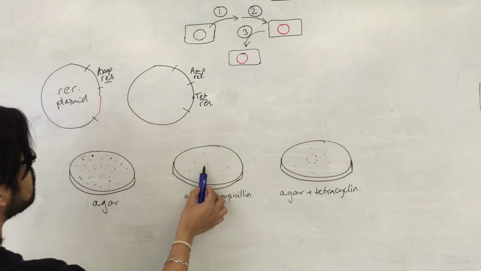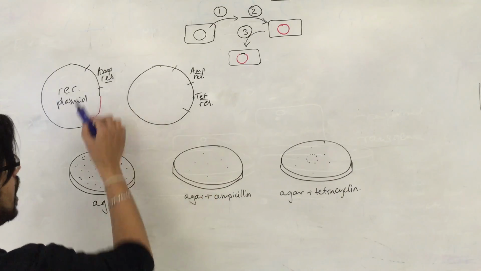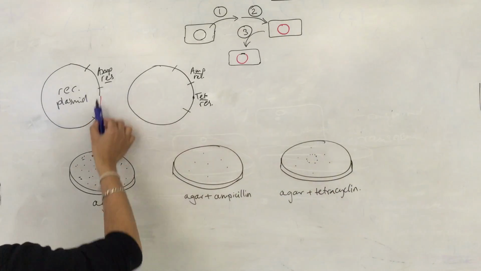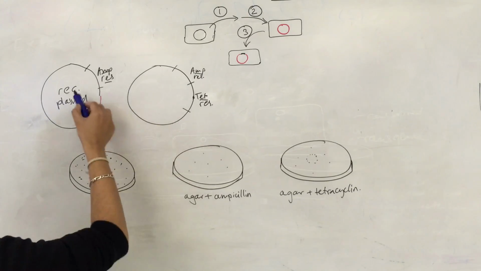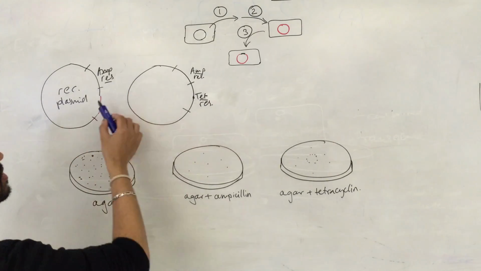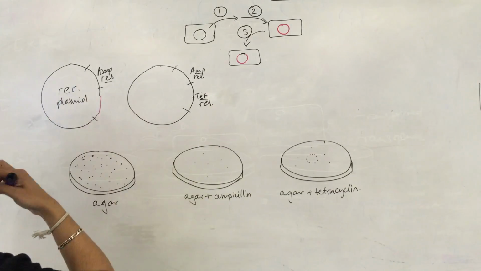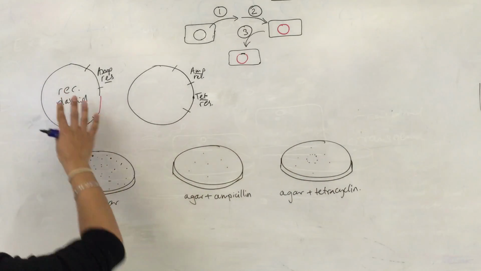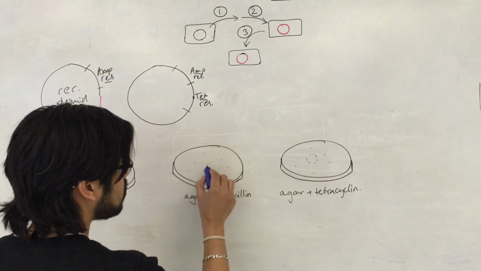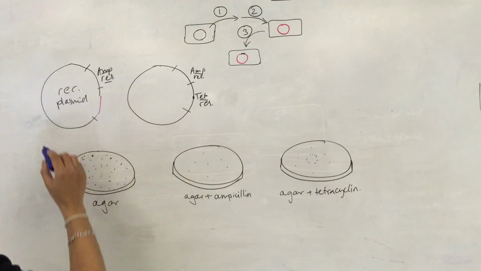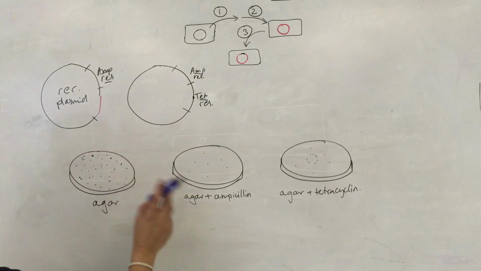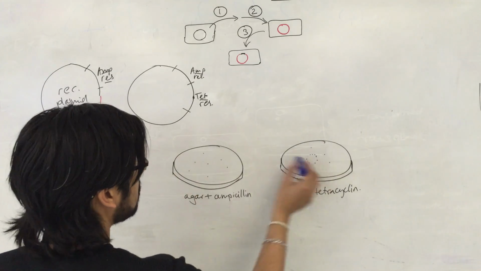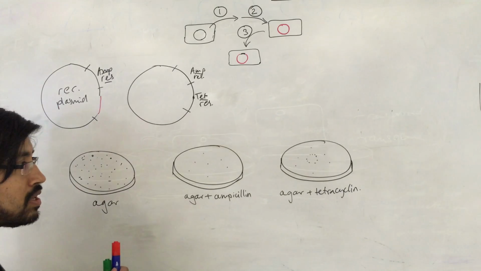Okay, which means that they were resistant to the ampicillin, but when they were transferred to the tetracycline plate, they were not resistant to that because the tetracycline resistance gene here has been disrupted, and recombinant plasmids don't confer resistance to tetracycline. So we have therefore identified that this colony is a transformed, transgenic colony of bacterial cells. Okay? And there we have it. So once we've isolated that, we can lift some cells from here,